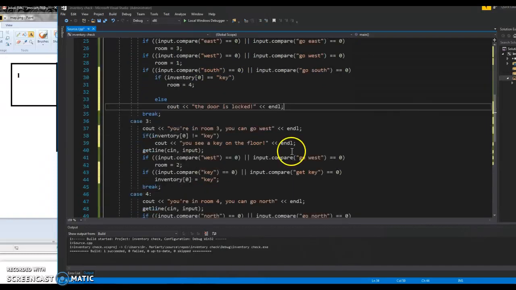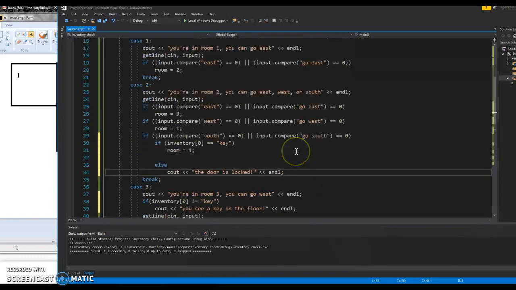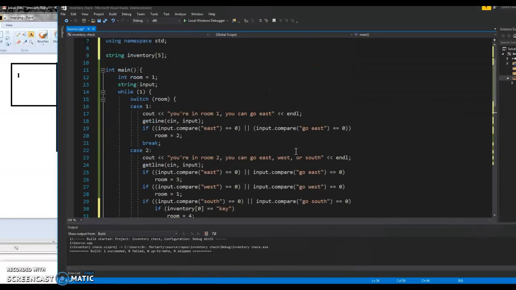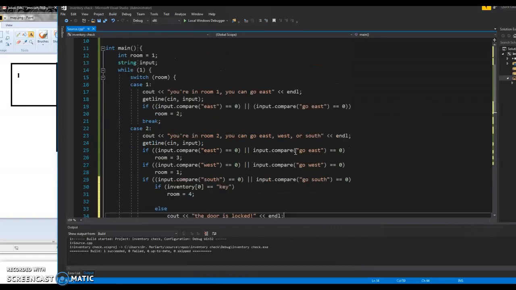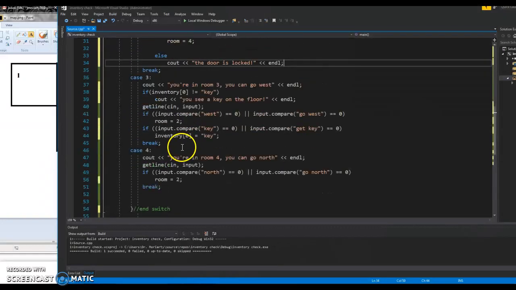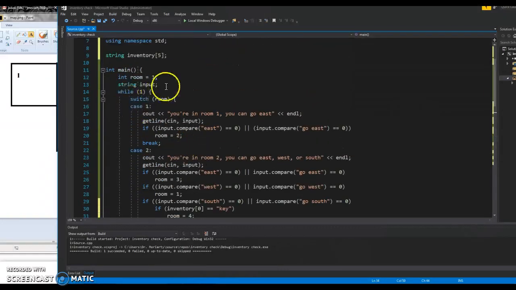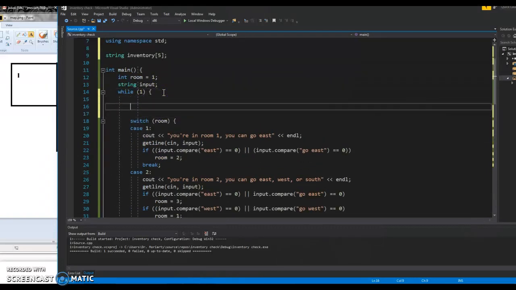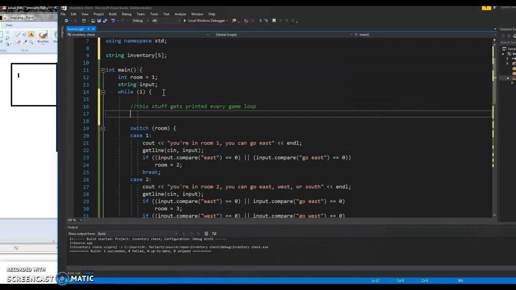Okay, great. So you can do the same process for other things in your inventory. Just a quick reminder of how to print this out. Inside your while loop, but not inside your switch, if there's something right here, this stuff gets printed every game loop. So if you want to print out your inventory every game loop, this would be a great place to put it. So cout, your inventory is,